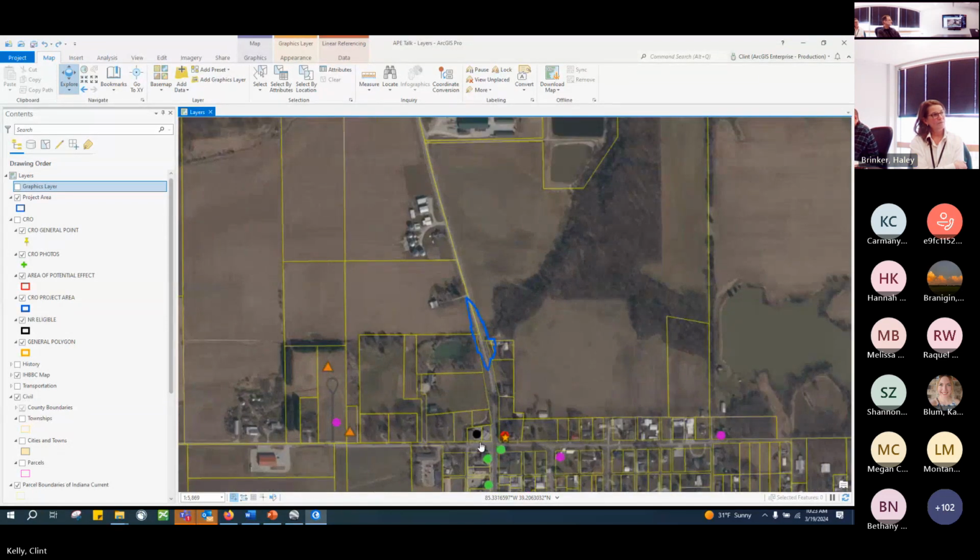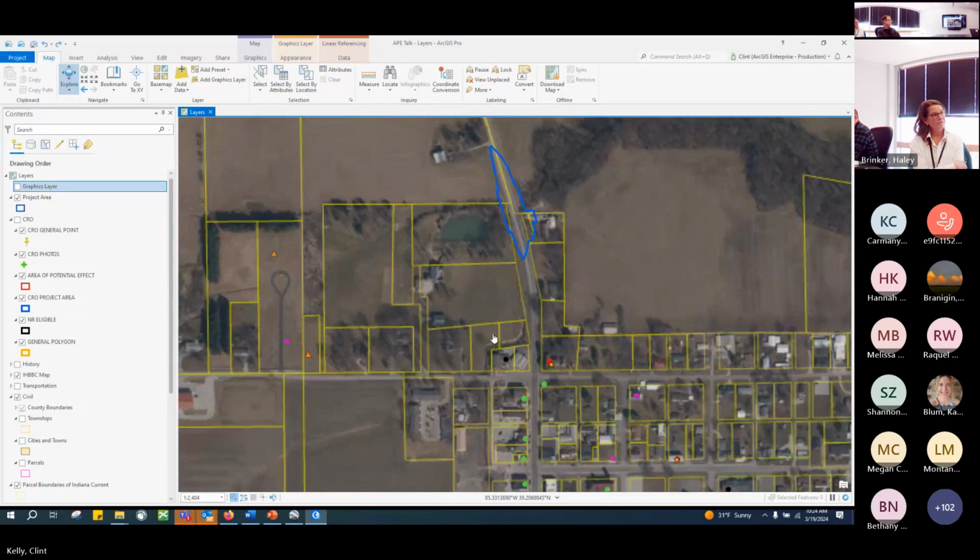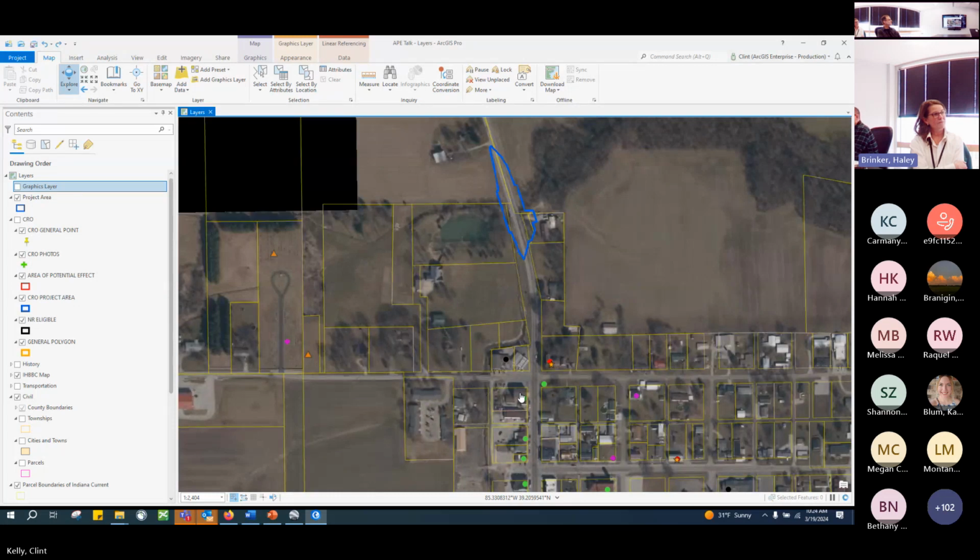I want to zoom in here a little bit. So what do we do with this notable right here? I'm not going to go back to the street view, but if you remember from the street view, this wasn't super visible. You could see the top story, but you couldn't see it from the road. So depending on how strongly you feel, you could either bring the APE down to include it, or you could draw it here.